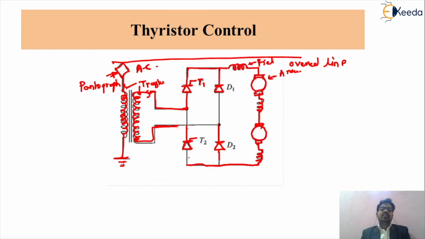So friends, if you want to control this motor by means of this thyristor, how can we control it? In the first quadrant of the supply that we are giving, the positive supply, which is a sinusoidal supply, the current flows through that particular thyristor to the series field winding of this motor. This current basically flows T1 to D2.